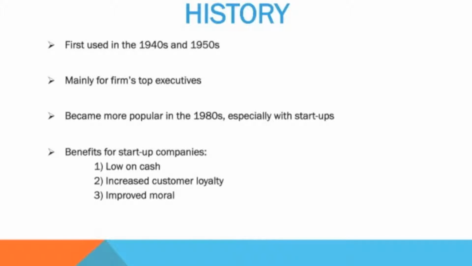Stock options were first used in the 1940s and 50s as a bonus for key executives in the United States. Until the 1980s and the rise of Silicon Valley, stock options were exclusive to a firm's top management, with Silicon Valley fostering startup companies who were low in cash and had no profits yet. Many firms used employee stock options in order to pay their employees as a promise of future gains based directly on the success of the company.